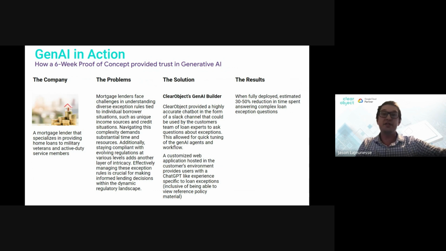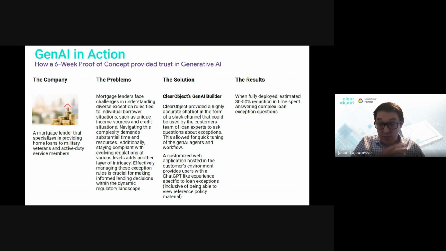There's a lot of creative energy in this space, and just be aware, if you are looking at how do I incorporate my data when it wasn't in the training base for the large language model, RAG is a fantastic place to look. And so we built a system to be able to ask questions of these policy documents. So, this person is in this situation. Are they approved for a loan or not? We go and reference all of these documents, utilize the large language model to provide a response, and we provided a web interface for folks to get those answers back.